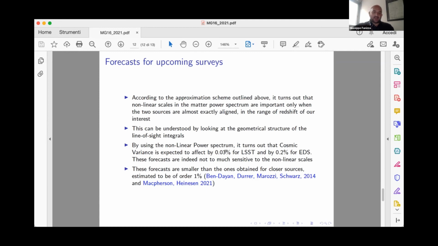And the nice thing is that those values are not so much affected by